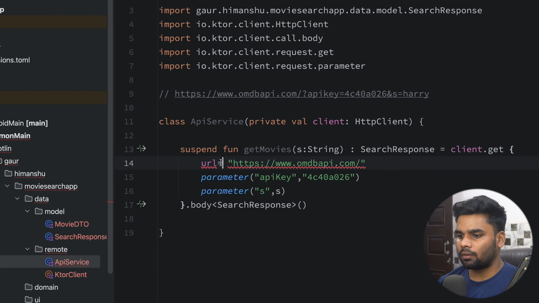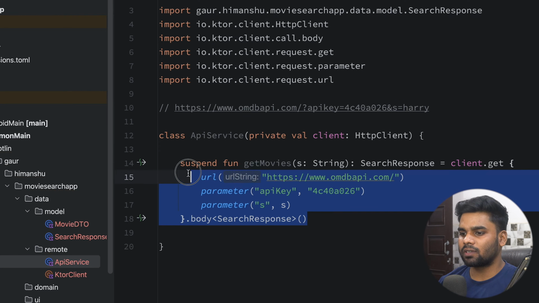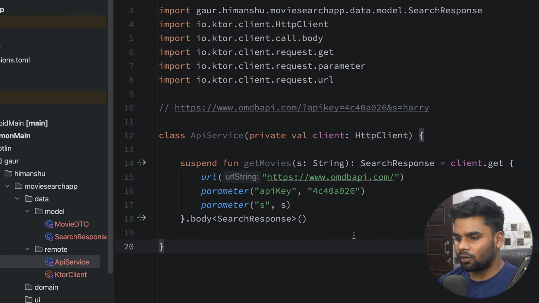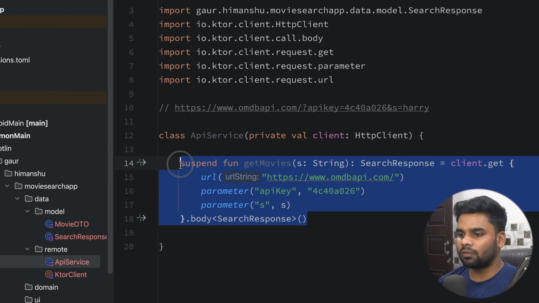We are having a problem here. The problem is, instead of using equals to, we have to use a URL function. This function is used to get movies based on the query that the user types in the search field. Alright, so now it's time to create one more function which is actually used to get the movie details from the